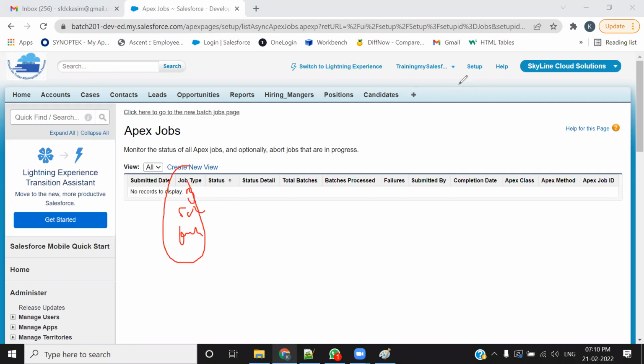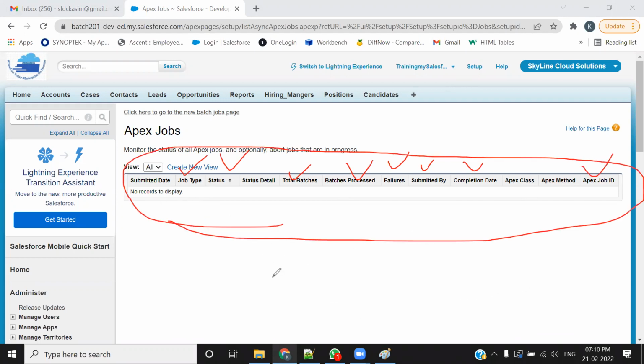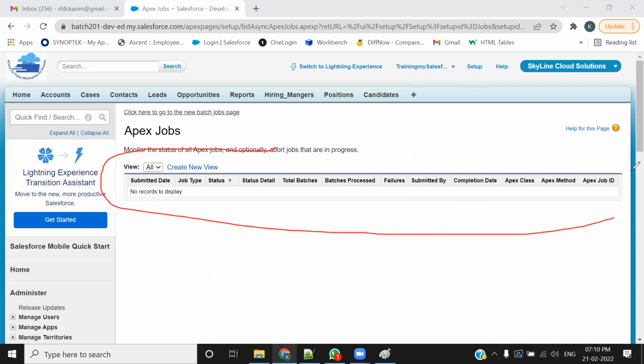कुछ याद कर लो इसमें थोड़ा बहुत। जॉब टाइप, स्टेटस, टोटल नंबर ऑफ बैचेस प्रोसेस्ड, नंबर ऑफ फेलियर्स, कंप्लीशन डेट, सबमिटेड बाय, अपेक्स जॉब आईडी, व्हाटएवर। कुछ एंटिटीज याद कर लो बोलने के लिए। सबमिटेड डेट, किसने सबमिट किया, कब सबमिट किया, कब कंप्लीट हुआ। आज सबमिट किया, आज ही कंप्लीट हो गया, या आज सबमिट किया, 3 दिन बाद कंप्लीट हुआ, वो भी बताएगा। तो दिस इज द डेटाबेस, ये डेटाबेस है।